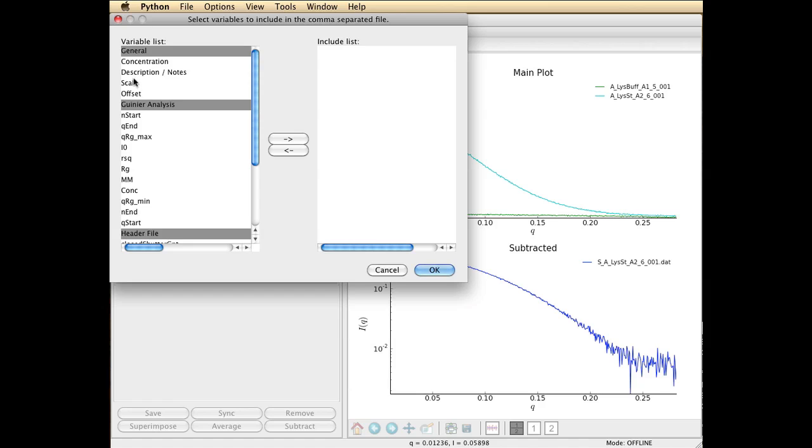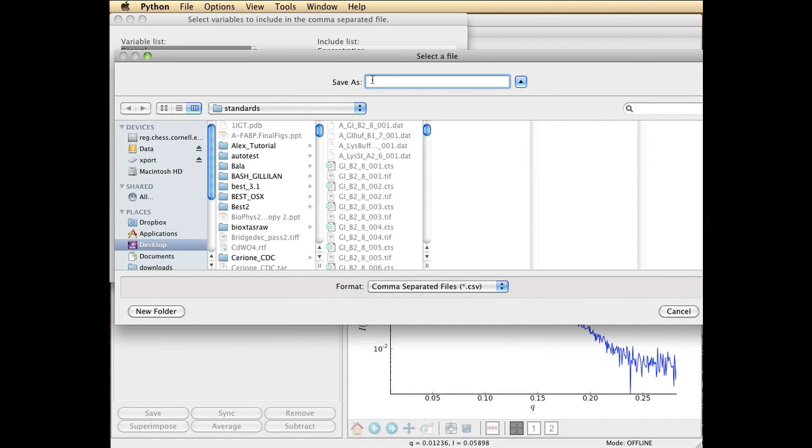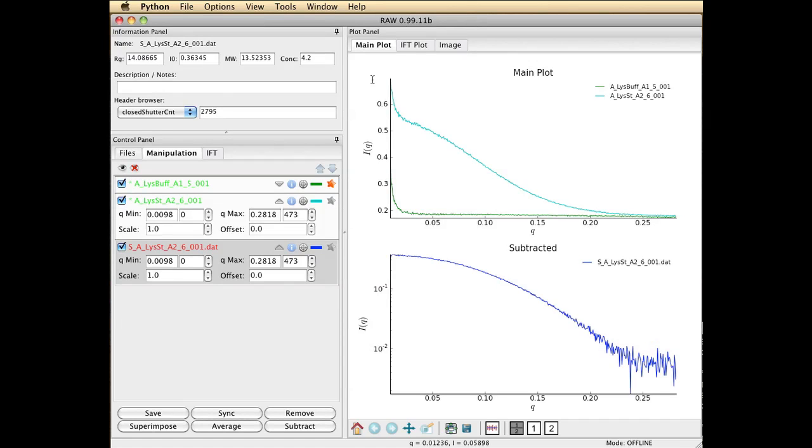It will allow me to build a spreadsheet and select which columns I want in my spreadsheet. I like concentration and Q start and Q end, QRG min, QRG max, RG, quality of the fit, I0, and last but not least, any estimate of the molecular weight. That's the typical list. You can have anything you want there. Okay, and then it asks me where do you want to put that? So I'm going to call it standards sheet. Okay, and it will save that as a